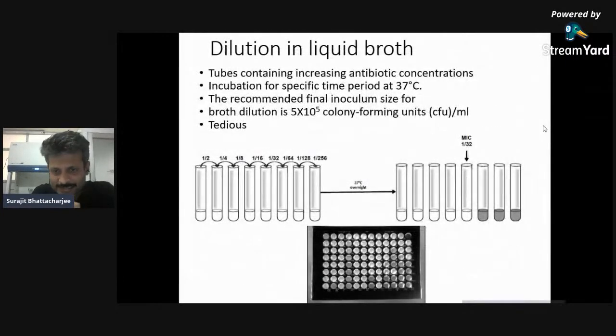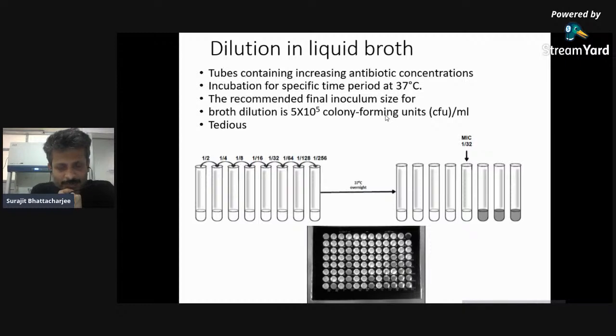And it is the basic setup for starting the broth dilution method. The first one I have shown here is the tube method, where the tubes contain increasing antibiotic concentrations, and then the bacteria have been inoculated. After incubation for a specific time frame, it may be 24 hours, 48 hours, or 18 hours, we can take the OD